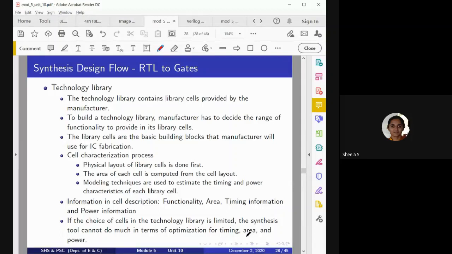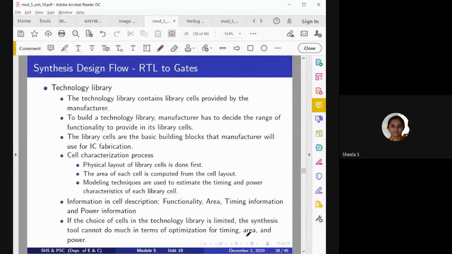For example, the best example we can consider is in the digital electronics lab. When we consider any particular circuit using basic gates, and similarly the same circuit using universal gates, you know about universal gates, that is nothing but NAND and NOR gates. If you want to implement an XOR gate using basic gates, it will take a different number of gates and the corresponding circuit.